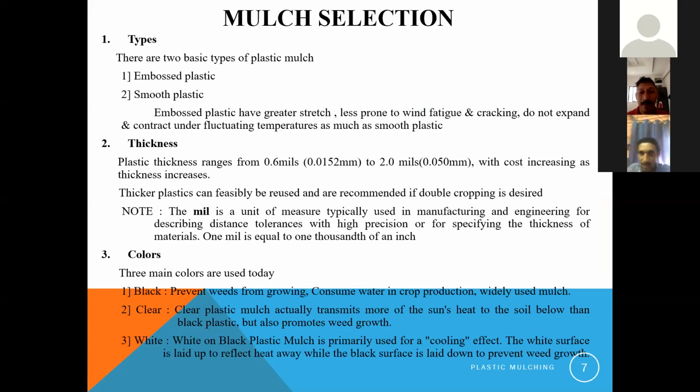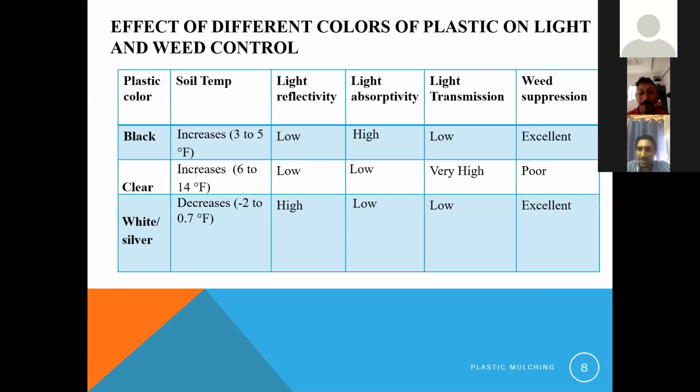Sir, the next slide is showing the effect of different colors of plastic on light and weed control. With the black sheet, soil temperature increases 3 to 5 degrees Fahrenheit. Then compared to clear, it increases 6 to 14 degrees.